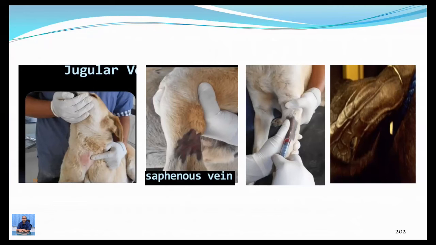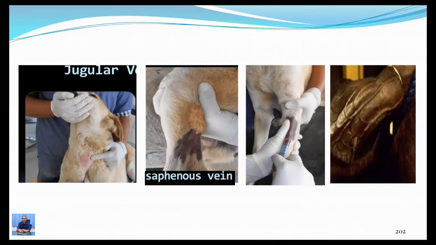Suppose you take 5% dextrose normal saline, an isotonic solution itself, there will be an overload on the lungs, because whenever you give the injection, the drug goes directly to the heart, and then it's pumped through the pulmonary vein to the lungs. So in the lungs, the fluid may get accumulated there because of the overload pressure. So many of the times the fast intravenous injection of fluid is not indicated. That's one of the things.